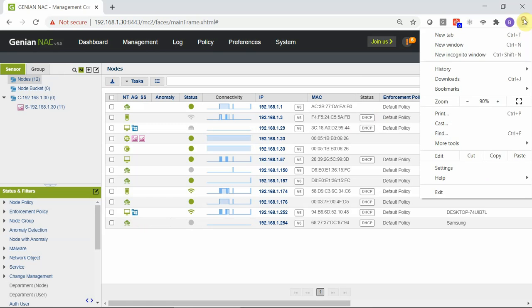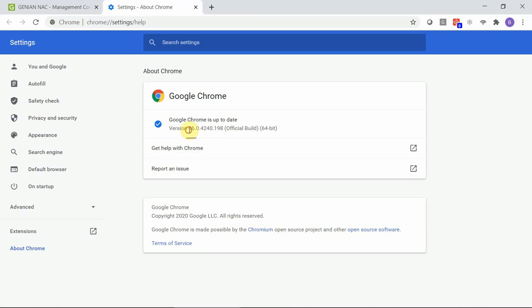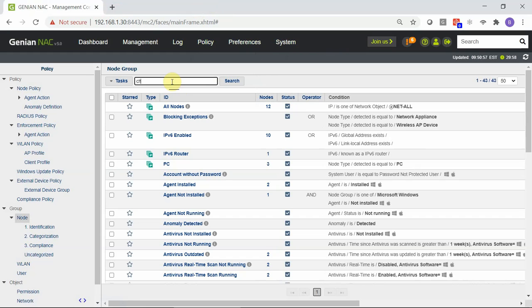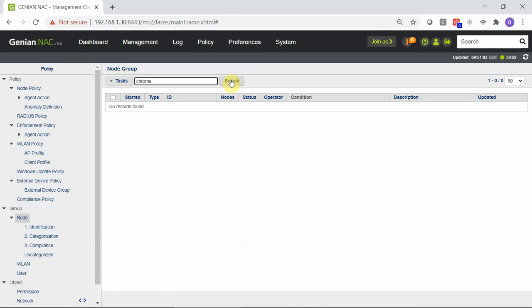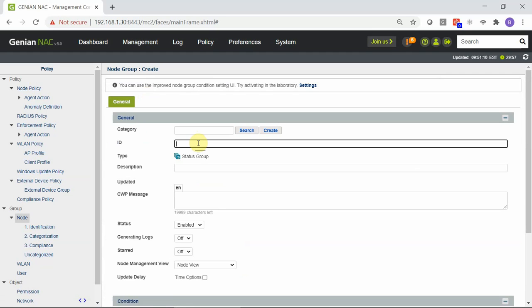So on the test machine, we'll go ahead and verify the Google Chrome version. We'll copy this to use it. And again, this will be our desired version of Chrome that should be running on any nodes on the network. To create a node group, we will navigate to Policy, click on Group. You can see here that there are presently no node groups referencing Chrome. To create a new group, click on Tasks, Create, give the group a name,